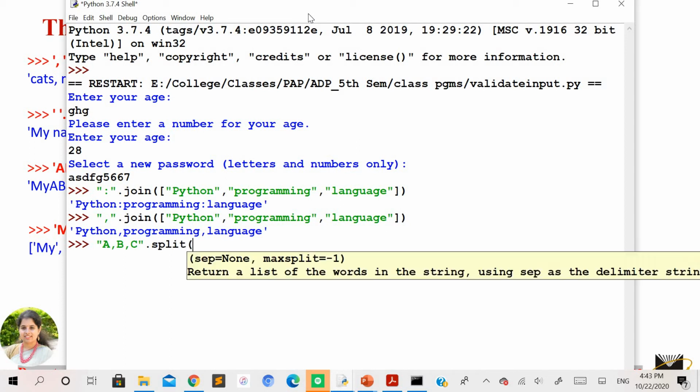The split may take a parameter or may not take a parameter. The split needs to be applied on a string, and it may take the parameter or it may not.